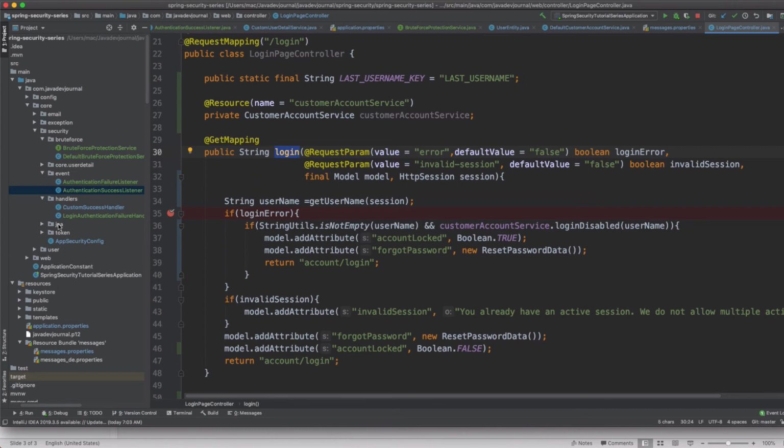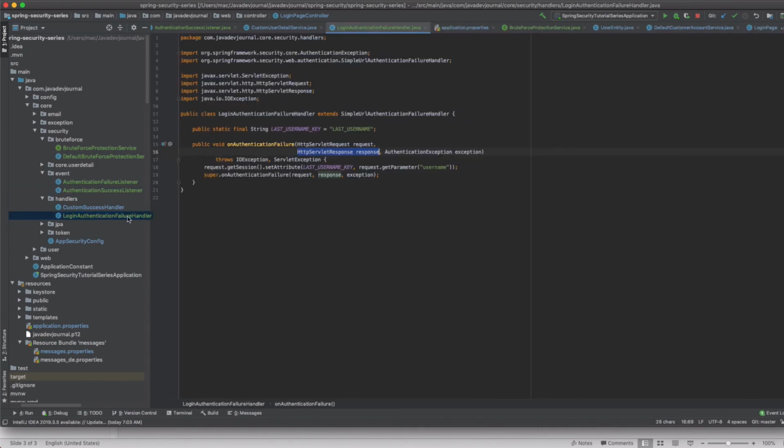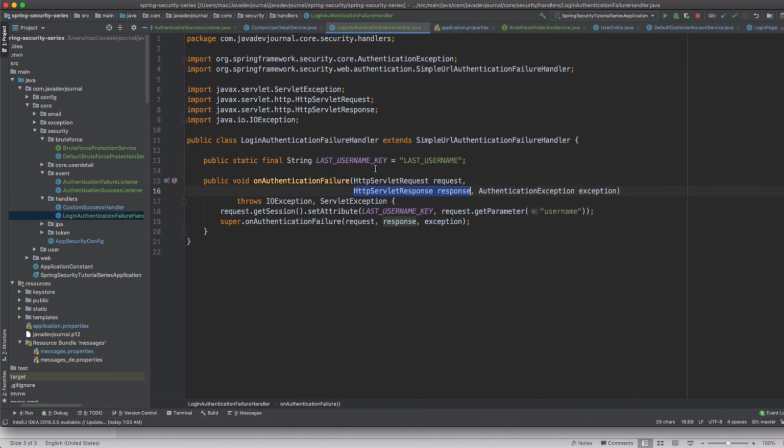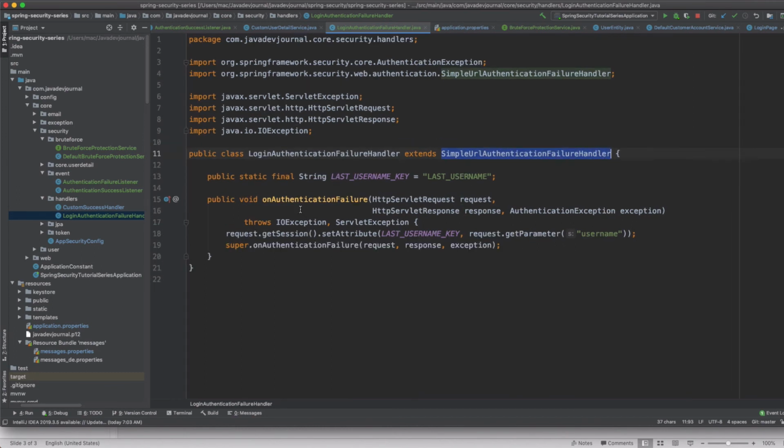So in order to do that, you probably have to use handlers. If you remember our success handlers, similarly we can create a failure handler. The failure handler is again simple. You basically extend the out of the box failure handler, and in our failure handler I'm doing a very simple thing. I'm getting one value from the request parameter and setting a value to the session.